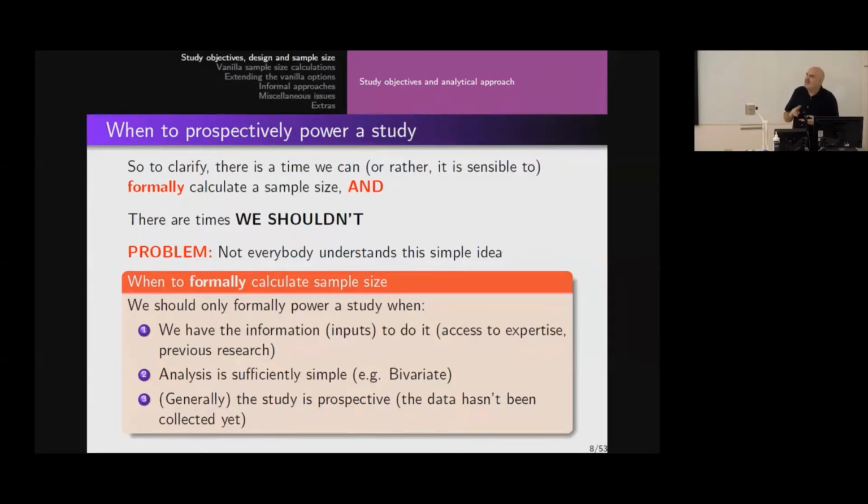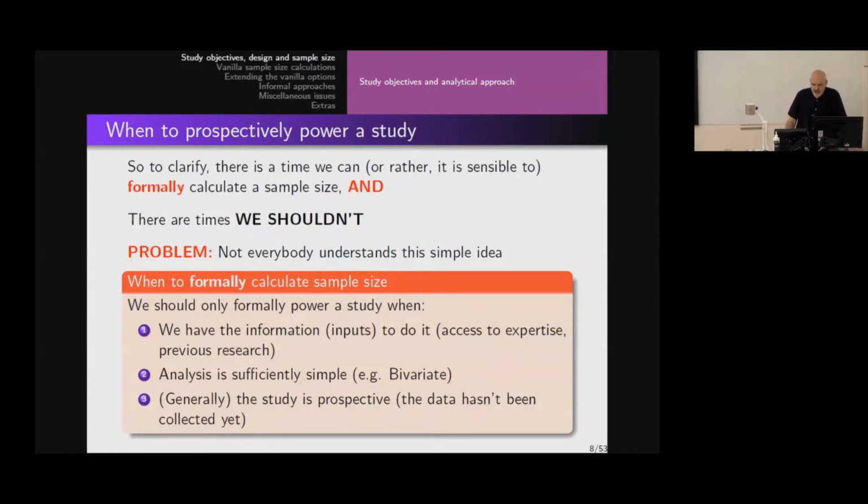The second one is the analysis should be sufficiently simple. Now, what that really means, the subtext here, is that the experimental design should be relatively simple. So it should be something like a randomized controlled trial where all of the confounders are balanced and we are just testing, does the treatment work? Okay? So can we actually answer our research question with a t-test? If we need to use multivariable modeling, maybe we shouldn't be considering formal sample size calculations. So if it's an observational study, that's much trickier.